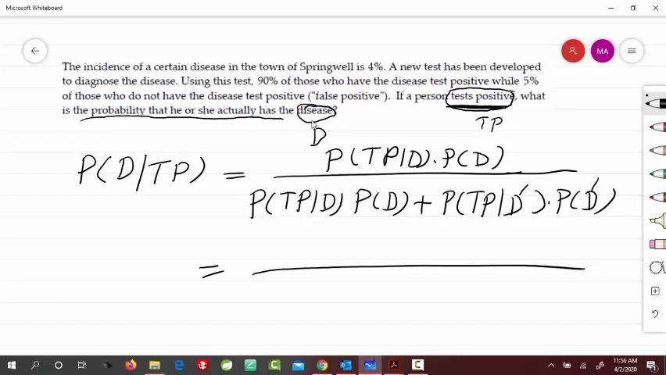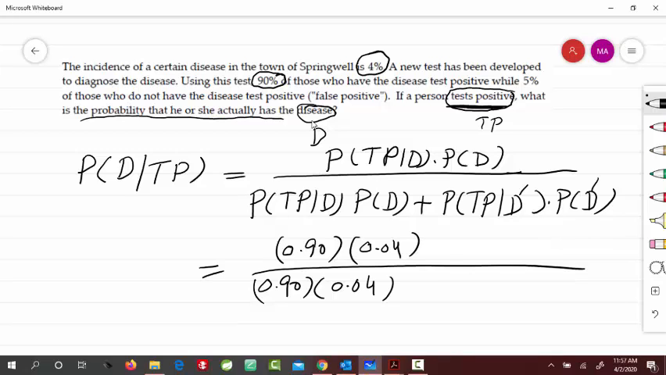A person with the disease tests positive with a chance of 90%, so that's 0.90, and the probability of disease, P(D), is 4% here, so 0.04. It's the same term in the denominator here, so 0.90 times 0.04, plus this one here: the person doesn't have the disease but tests positive, that's the probability of a false positive,